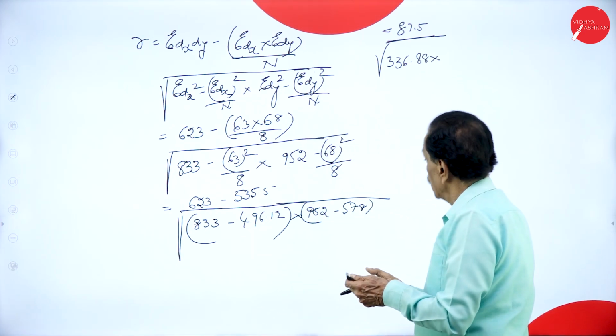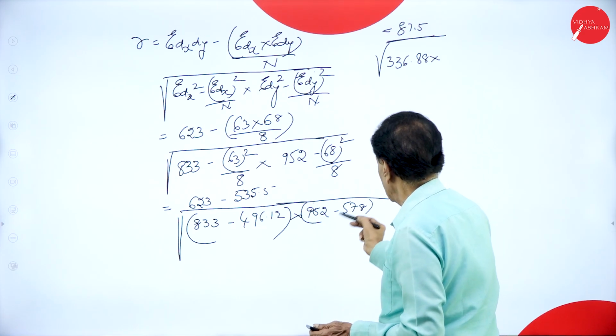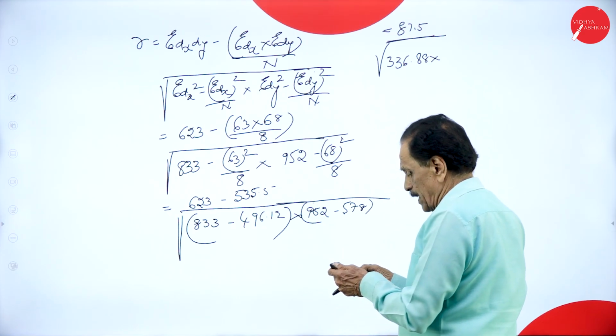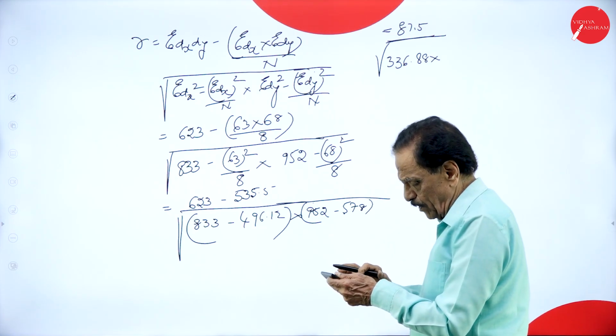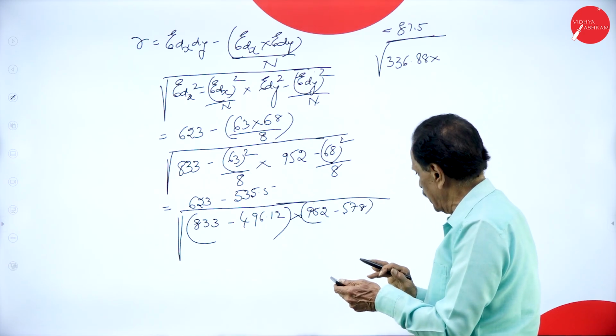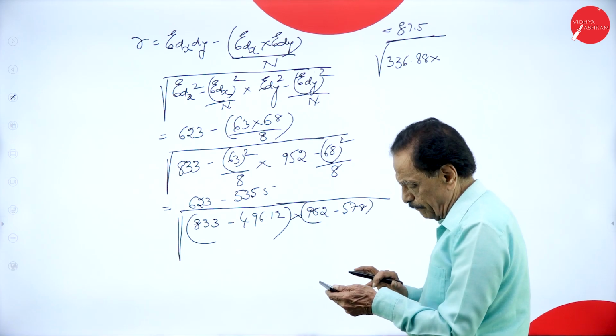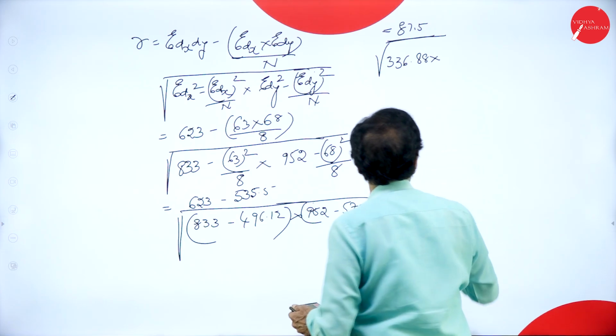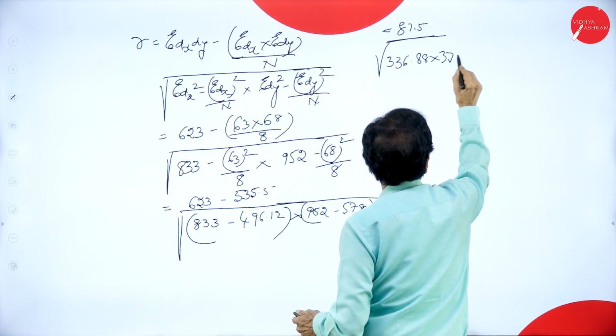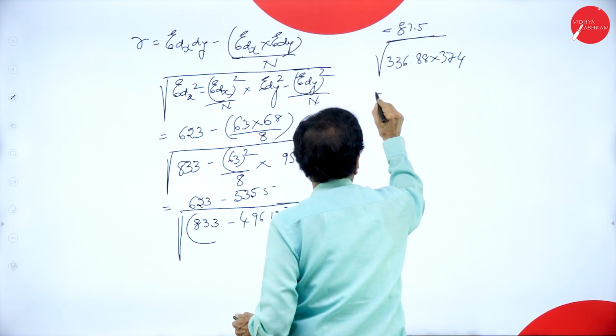into 952 minus 578, 952 minus 578, 374. This is